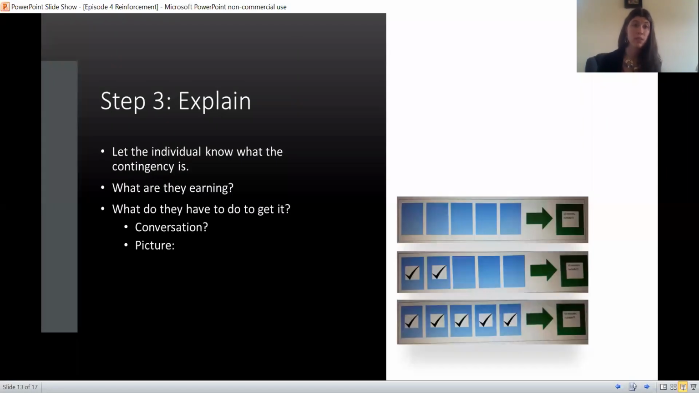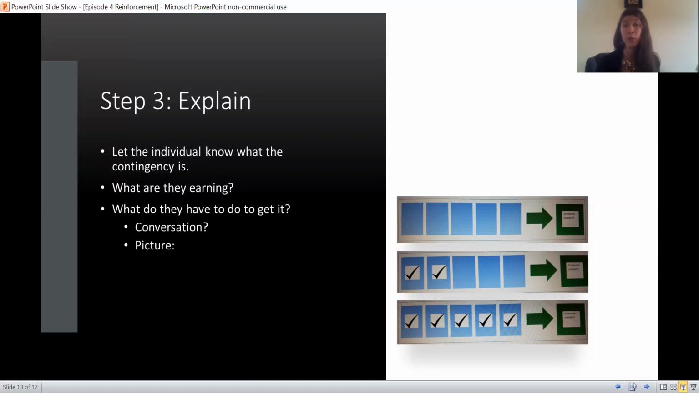What's step number 3? Step number 3 is to explain. So you need to let that individual that you're working with know what the contingency is. They need to know exactly what they're being expected to do in order to get that reinforcer. This can be done using words, having a conversation and just going back and forth, or it can be done